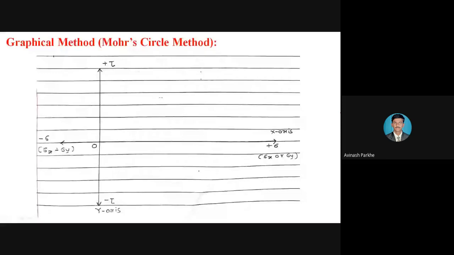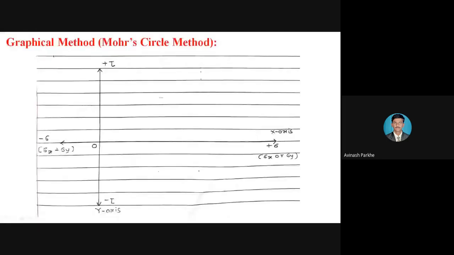But the 3 cases we have discussed are called the analytical method. Why is it called an analytical method? Because each and every case has a different formula for the normal stress calculation and the tangential stress calculation. That means we are using formulas for the calculation of the normal stress, tangential stress, and shear stress. Therefore, all the 3 cases and their formulas come under the category of analytical method. Now, in today's lecture, we will discuss the graphical method.